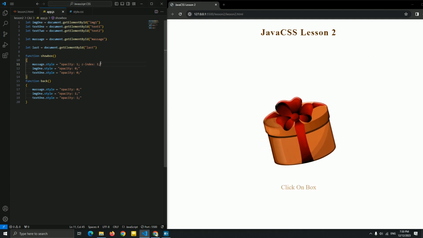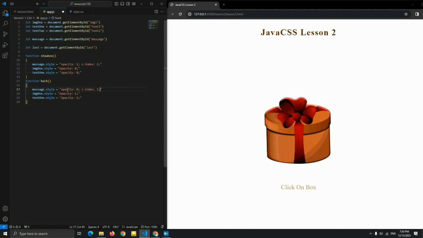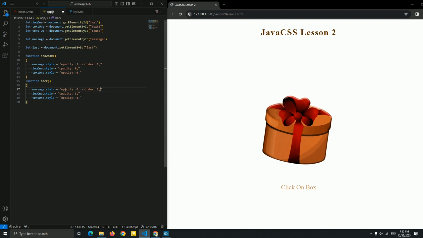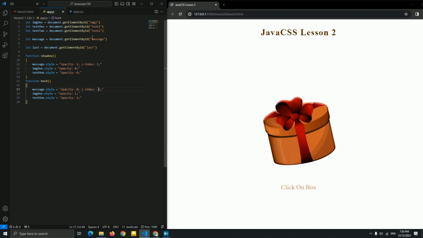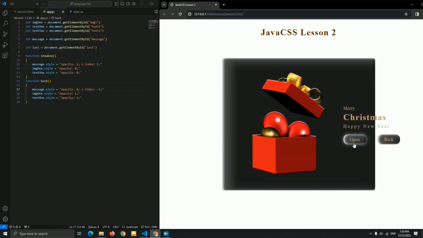Okay, and let me add -1 for this message. And just like I said, if you don't like using opacity and z-index, you can add unset to just delete the style of this HTML. Okay, -1. Very beautiful.